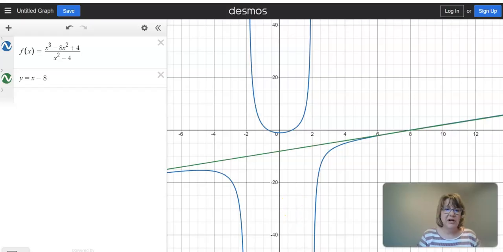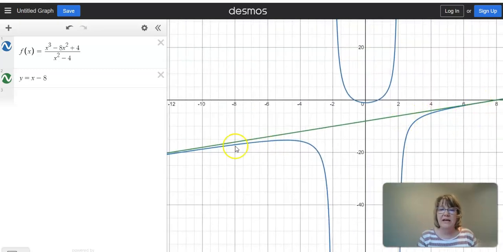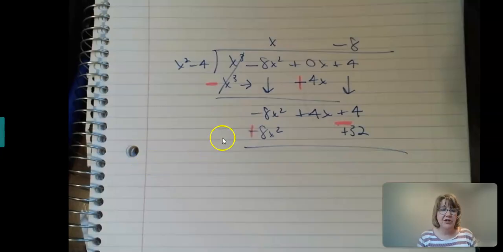All right, sorry, I had to edit a little bit. All right, I did long division. Here's the graph. You can see the line, the slant right here. This one looks like he crosses eventually. So, but it kind of guides it. And then over here, it might be a complete asymptote. I'd have to plug in numbers to see. And then we have this shape. All right. Now, let me show you the math for it. All right, I could not do synthetic division because it's x squared, but I did long division, and this is